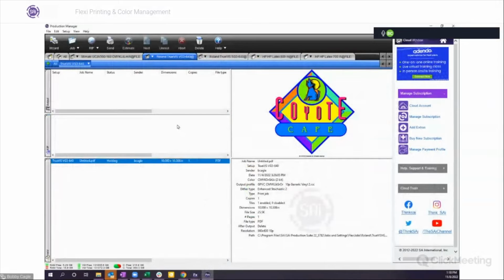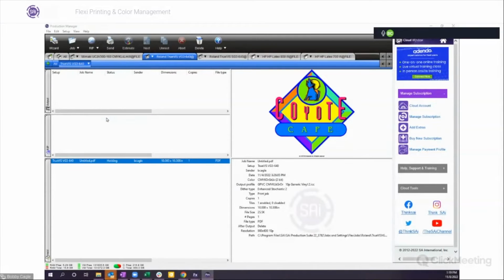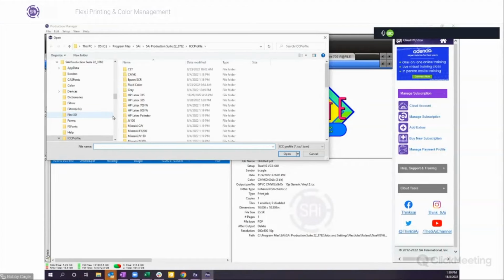All right, so one of the things you can do here to check the profile and see whether or not the job you have is actually going to print, or let me explain what this profile is. When I come up here into my printer, I've got something called the Color Profile Analyzer. Now, what does this do? Well, this allows me to find a